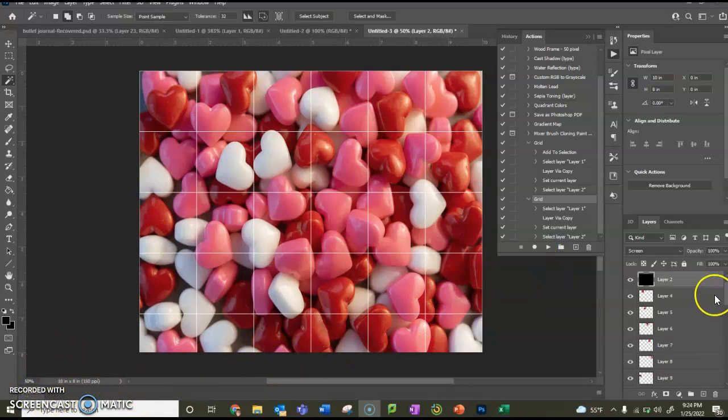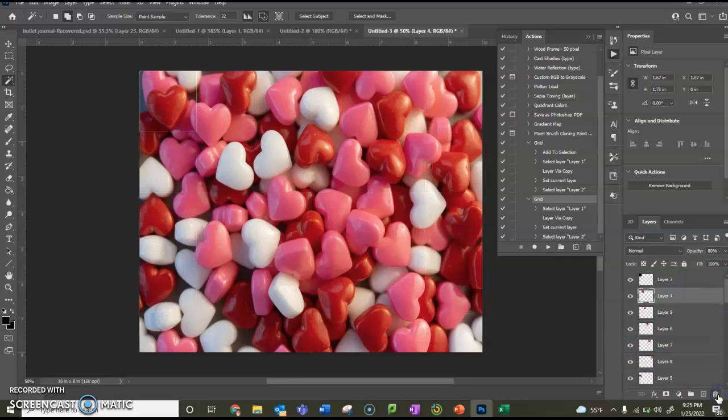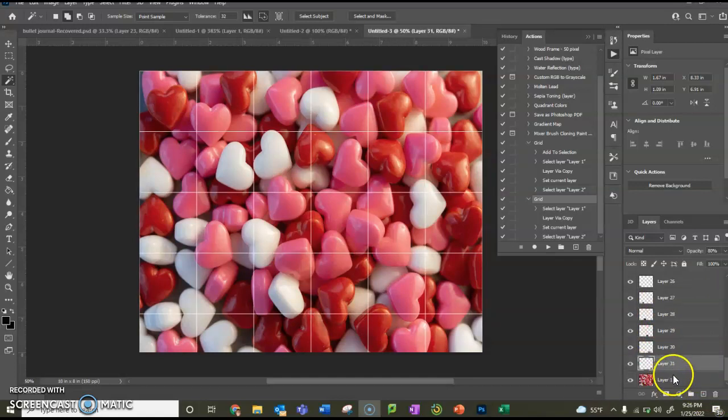Okay, so welcome back, and hopefully you have a whole bunch of layers that have each one of them on. So what I need to do is go to the top layer, to the grid layer, excuse me, and you're going to click and drag, and we're going to drag that to the garbage. We do not need that now. All the way to the bottom to the picture layer, and then we're going to put a new layer,